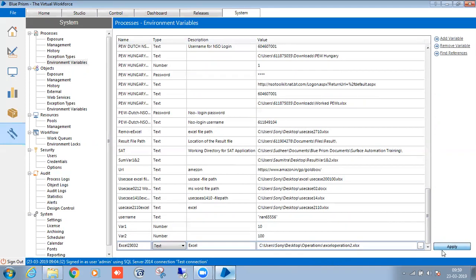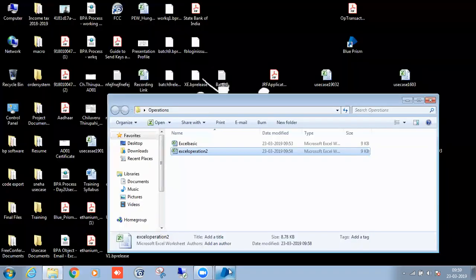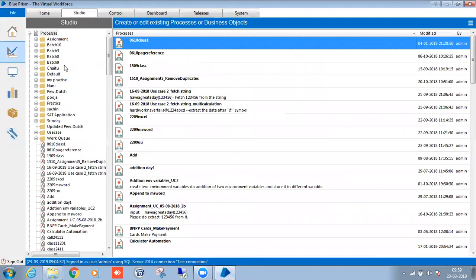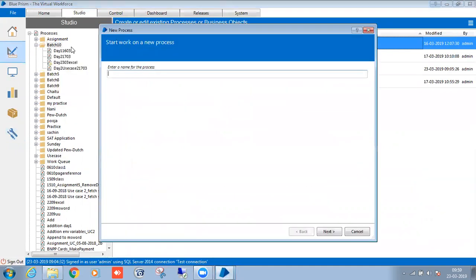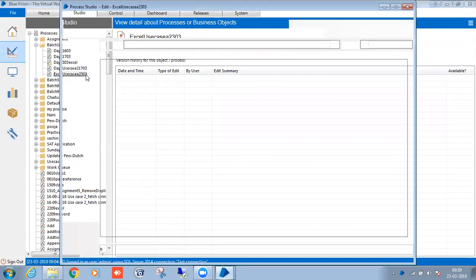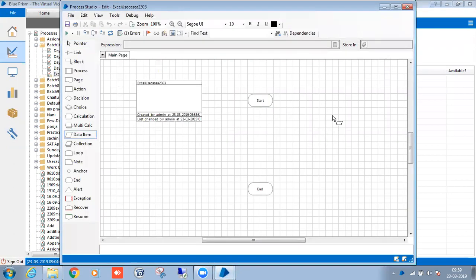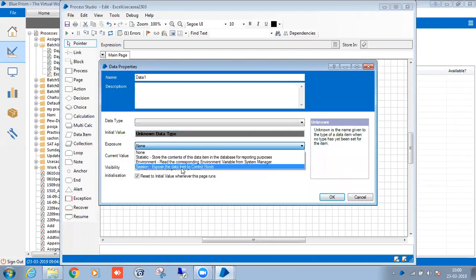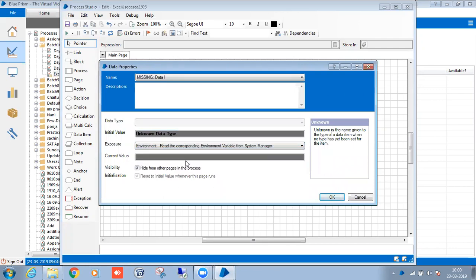Apply. Right? So I will get the new process now. Take the variable. See exposure, you have to select the environment as we discussed.